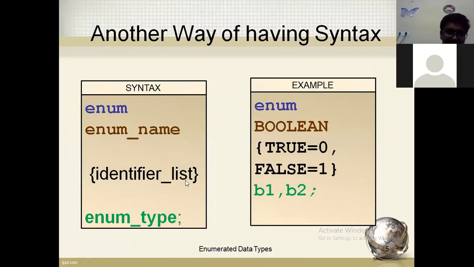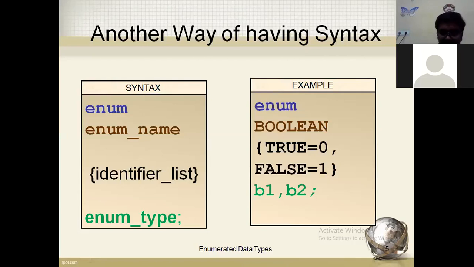The identifiers list. The list is not a single variable, it is a collection of data. And the enum type is the data type, followed by the variable declaration. In this example, the same enum is a keyword. By using the keyword, we can declare Boolean as a data type.